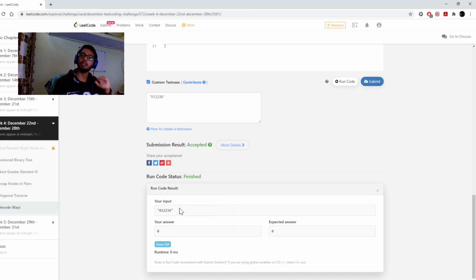There are 0 ways, because you can't ignore the 0. You can't say, okay, let's ignore the 0 and keep 1, 2, 3, 6 as my string. No, you can't do that. You have to consider this 0. Considering this 0, no such character exists as 01. So it fails right here.